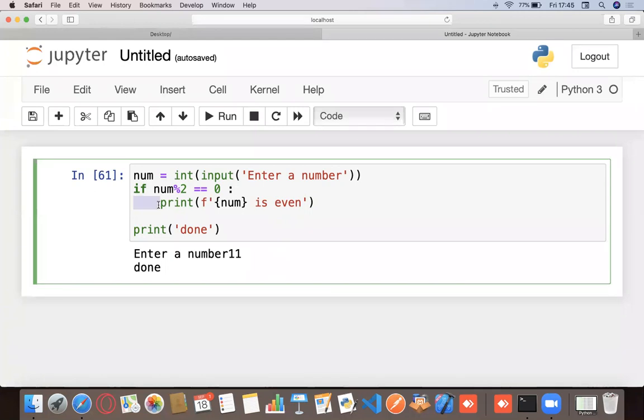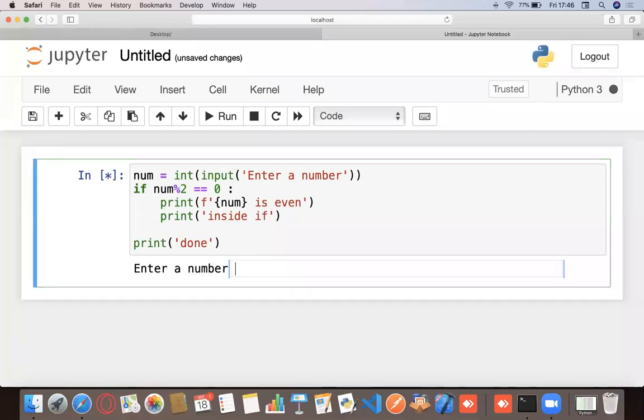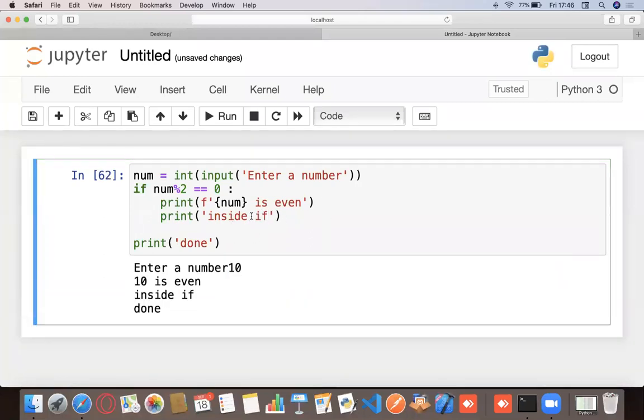And then anything that is indented, you see, it's indented, right? It has this one tab space. It doesn't directly follow the if, rather it's indented. That's the word actually. So anything that is inside in here will be executed. I could even write other print statements in here as well. Now you see, all these statements are executed, right? So anything in this if block is executed only if the condition is true.